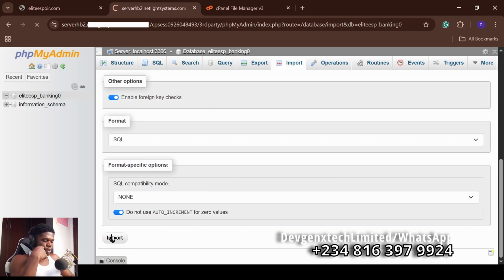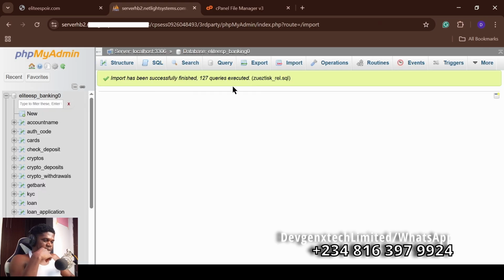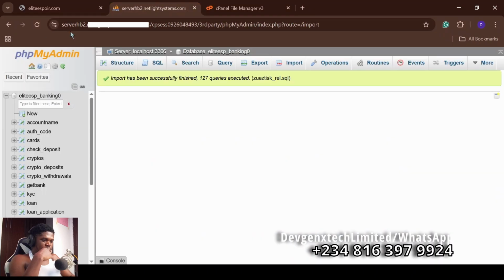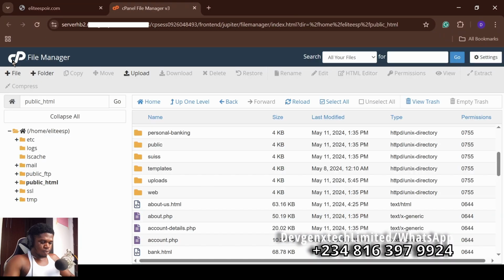So once we click on import, it is loading. Imported. You can see successfully imported. Import has been successfully finished. 127 query and stuff like that, which we don't have the time. So all we have to do right now is just to close this down and also open